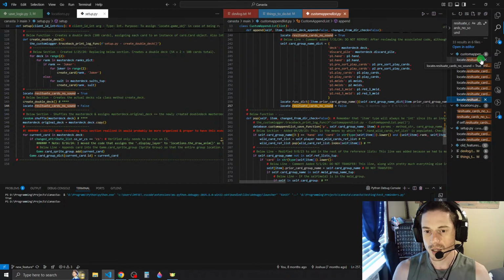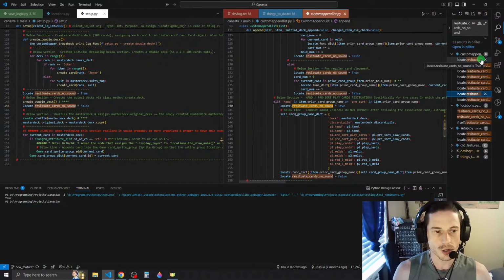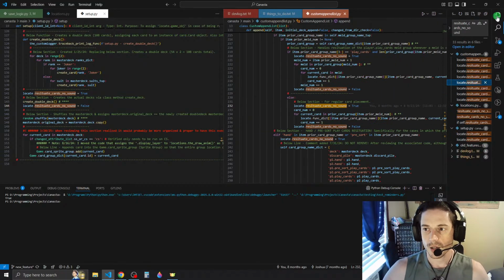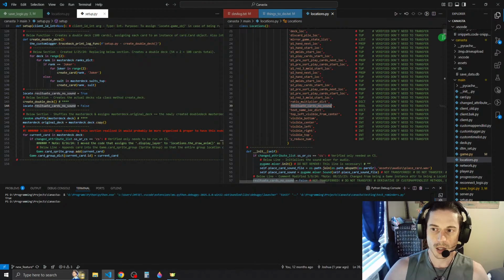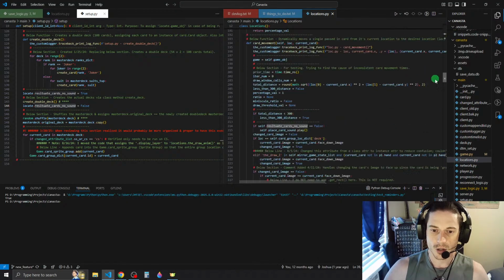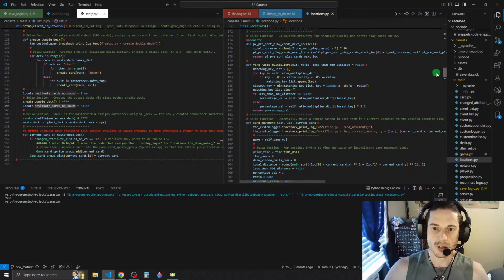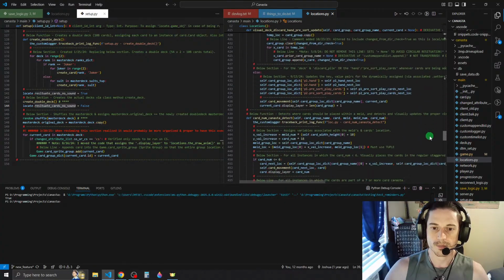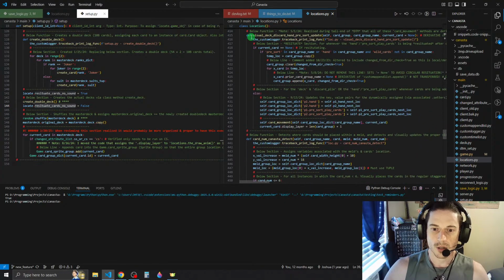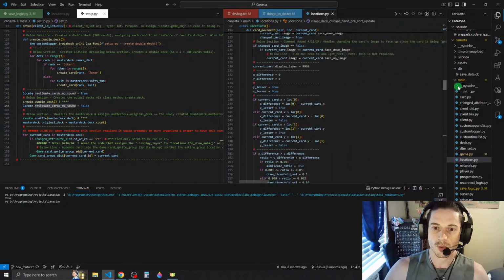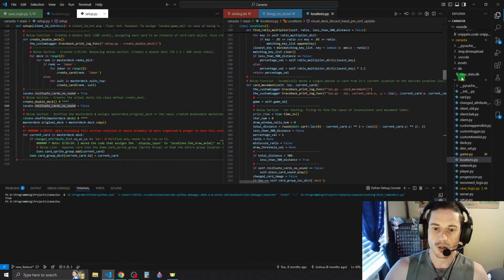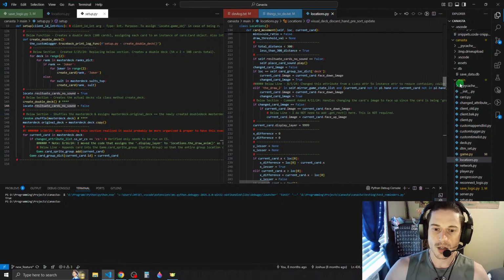Because append ends up calling whatever function we're talking about, and then it goes over here. Let's go through that real quick. Let's say it calls one of these functions here. It's gonna call this one, and then it's gonna call card movement. Now it's gonna go to card movement, and card movement's going to go here, and then it's gonna say